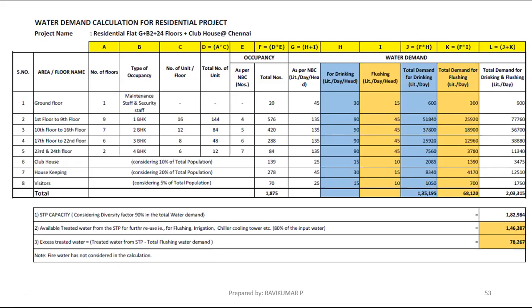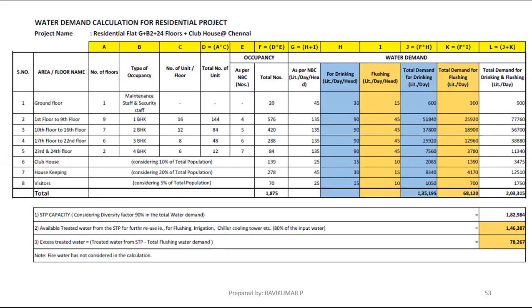Whatever it is, as per the code, whatever you have to store, you have to consider separately. 200 cubic meters or 400 cubic meters, you can also consider accordingly, as per your fire code. In this project we have considered 400 cubic meters, but here I have